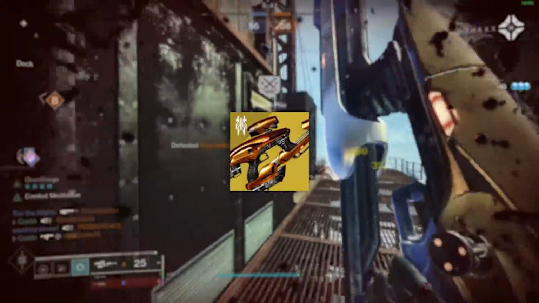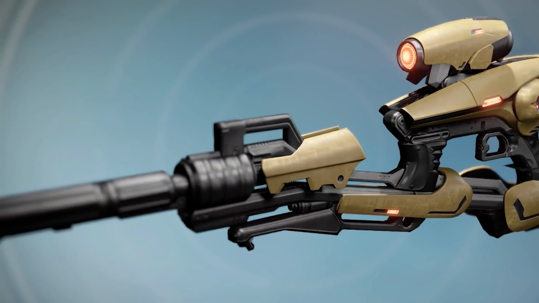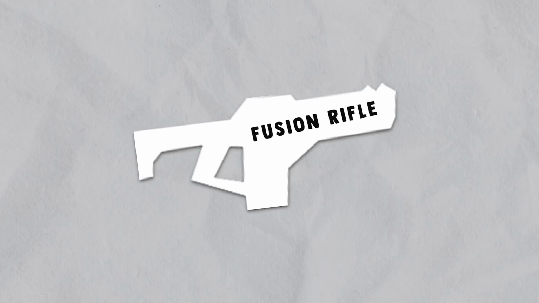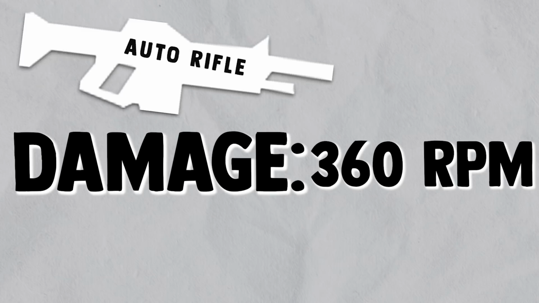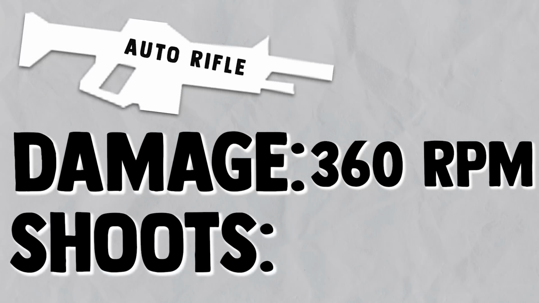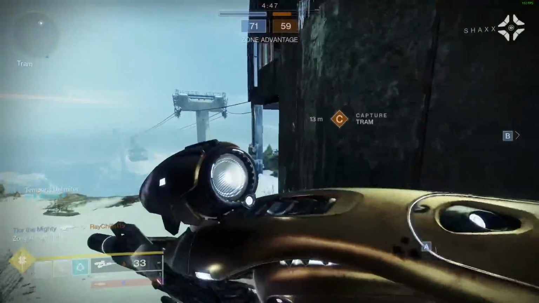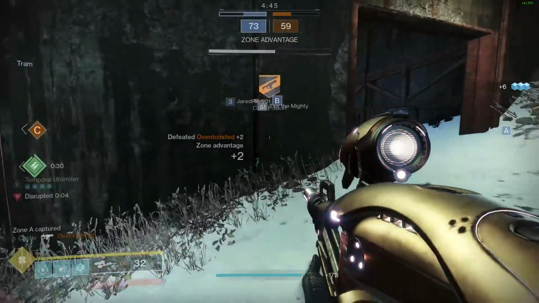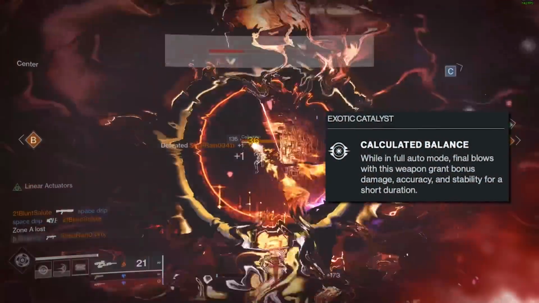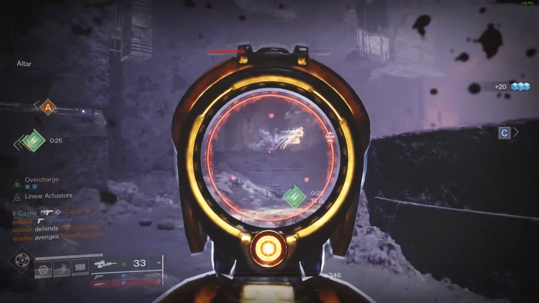Even though it may not live up to its D1 predecessor, I'm still surprised by how little I see this thing in PvP. It's technically a fusion rifle on paper, but it's truly an auto rifle and has the damage of a 360 RPM archetype that gets to shoot at 390 RPM. That alone gives it quite the edge, but some things that are really nice is the fact that the zoom isn't overkill, meaning you can aim down sights pretty close up and still feel really comfortable, and then thanks to the catalyst, it gets bonus damage, accuracy, and stability after an initial kill,